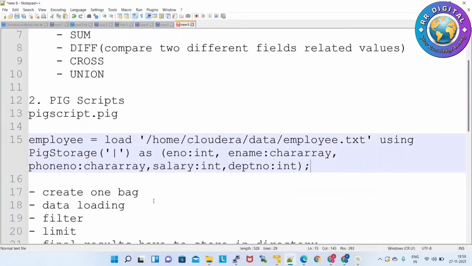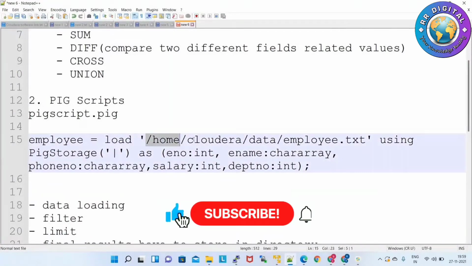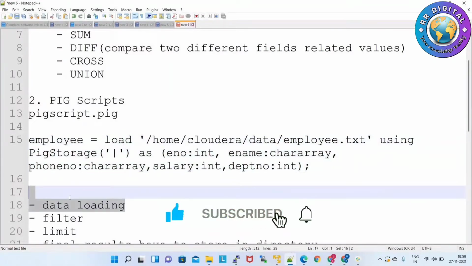Okay, so bag creation is completed, and at the same time we are loading data also. That means data loading is also completed.